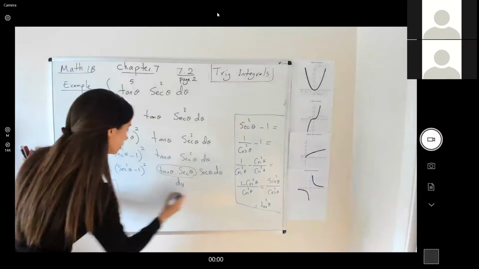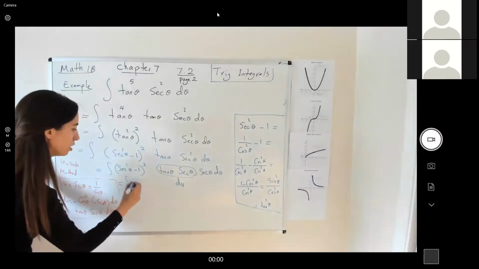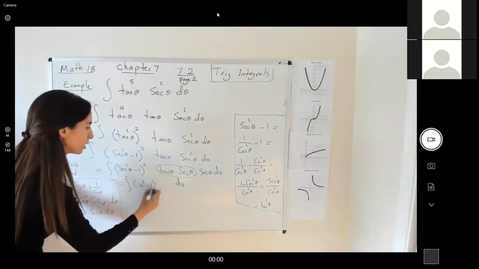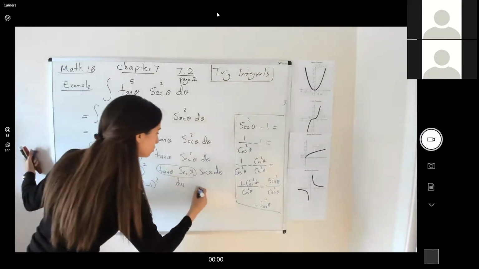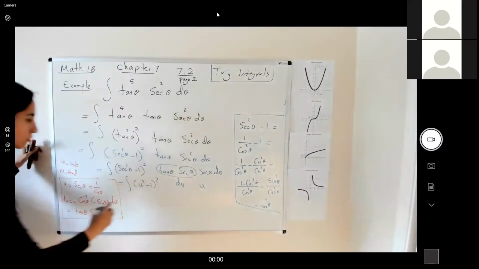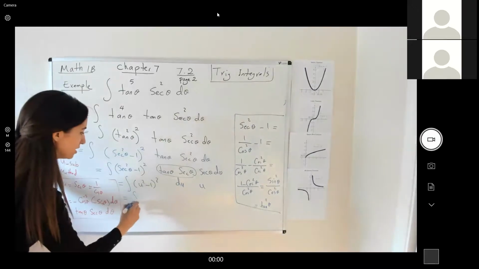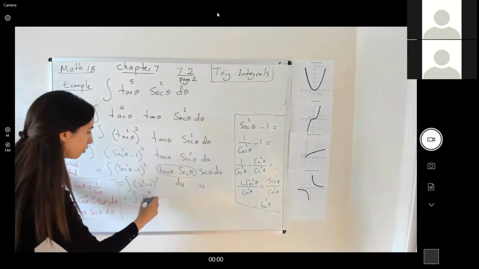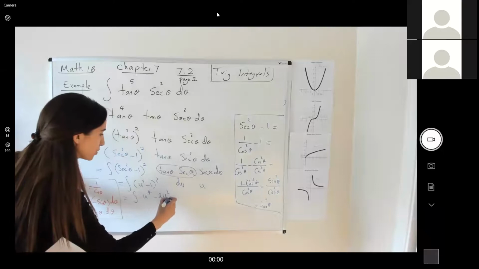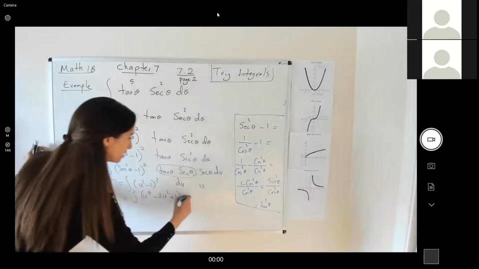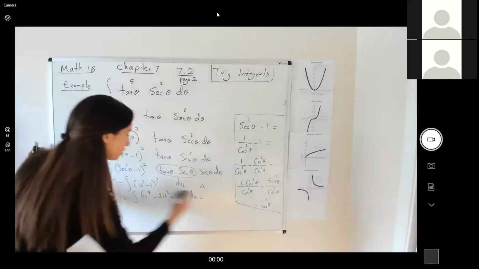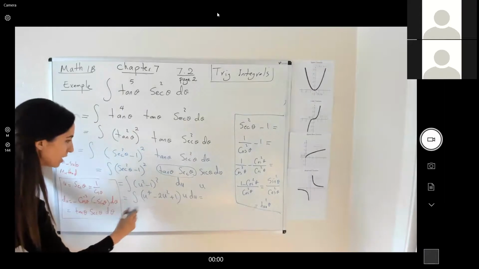So this is my du. This is the integral of u squared minus 1 squared du, and so this one can be written as the integral of u to the 4th minus 2u squared plus 1 times u du, which is equal to the integral